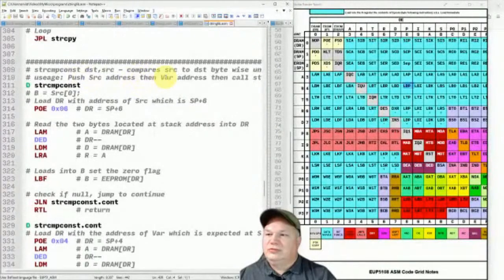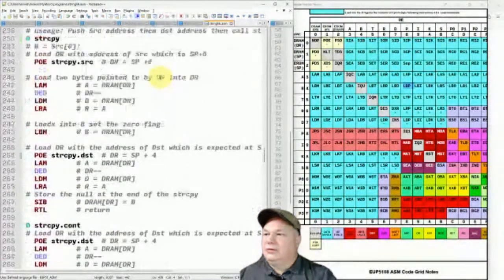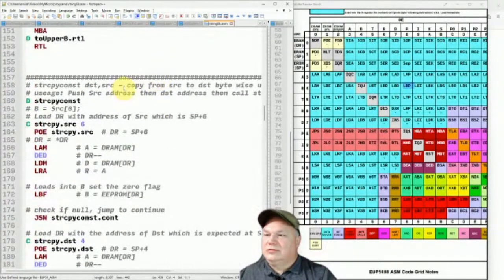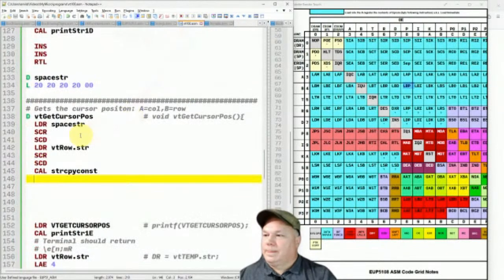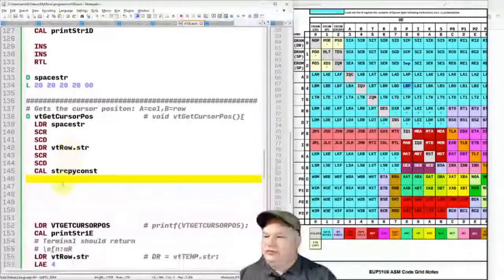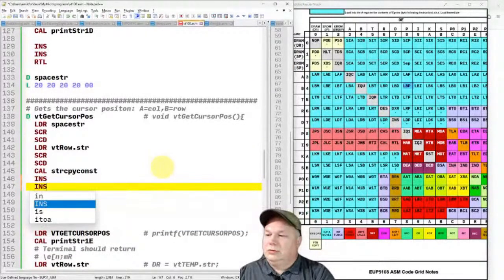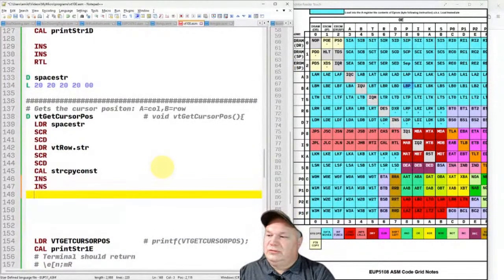Push source. Oh, so string copy constant is destination. Push the source address, then the destination address. There's our source. There's our destination. We copy. And then we would normally clean up the stack completely. But if I just increment it twice,